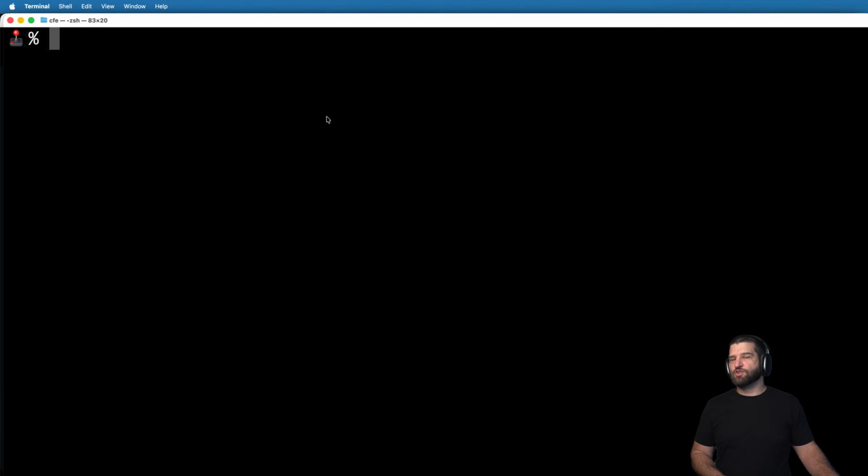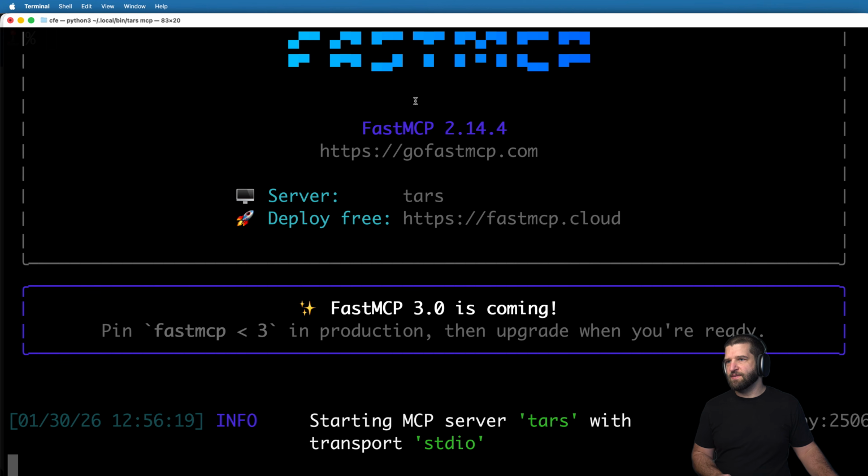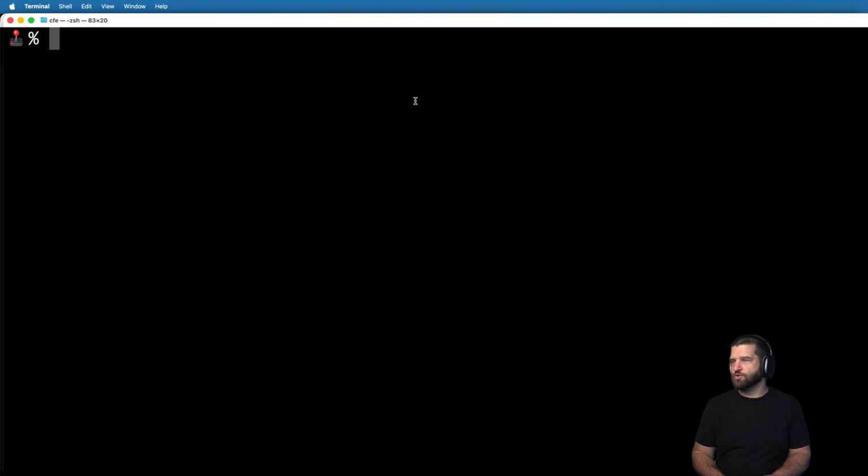All right, let's go ahead and try out the MCP server now. Notice that I'm no longer in the project itself, but rather I should be able to write out tars MCP, and that should actually bring this up for us. So what I want to do here is close that out with Control-C, and I want to add this into